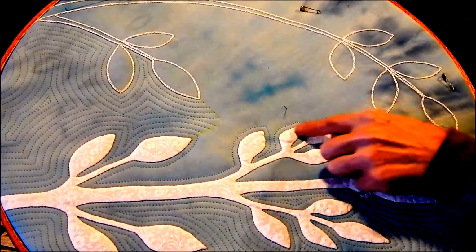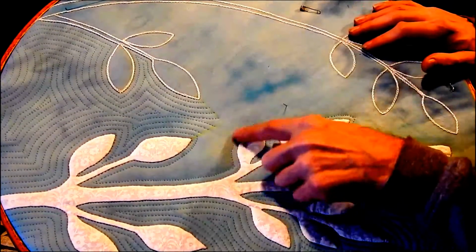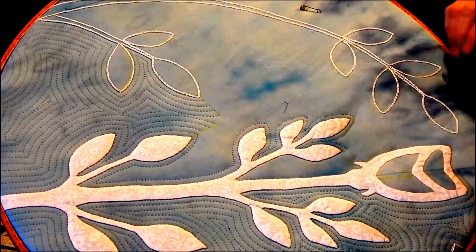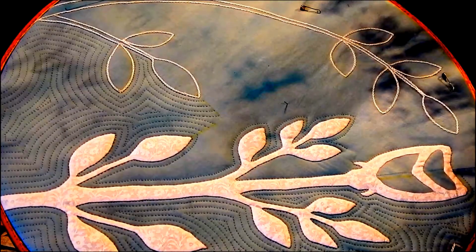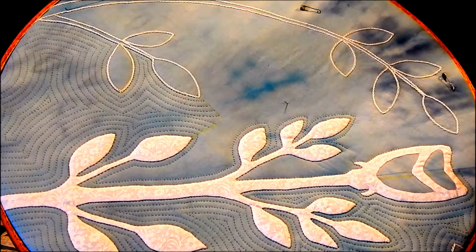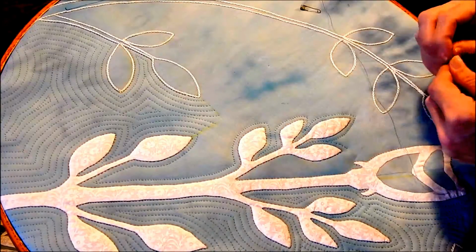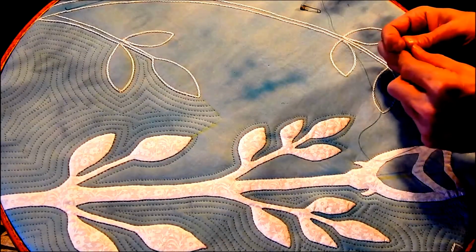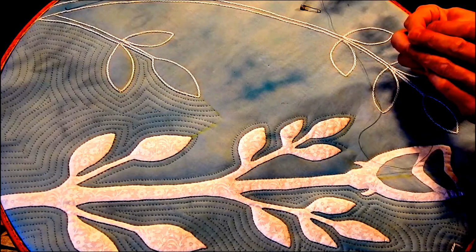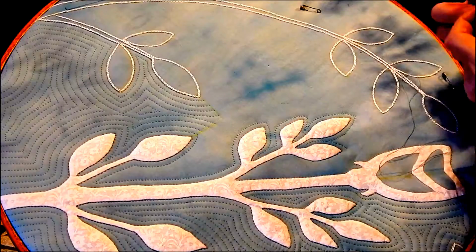So I have gone around part of this applique here, and I just wanted to show you how I'm going to work this out. What I do is I don't mark it, I do it by eye, and that takes maybe a little practice to be able to get some uniformity in your spacing, but for me it's actually easier to do it by eye than it is to mark it, because